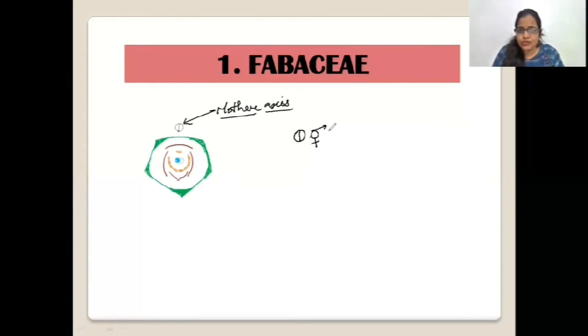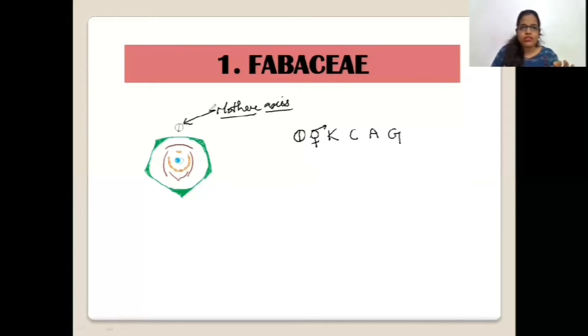Now I need to use four symbols. This is calyx, this is corolla, then I have got androecium, and the last one is gynoecium. What I need to do now is add the numbers present here, like the number of sepals in the calyx, the number of petals in the corolla, like this. If I recall this diagram now, I can write my floral formula. I'm not saying 100%, but almost 90 to 95% is done. A bit more is required, which you can learn. I know you are very, very smart, so you can learn it.